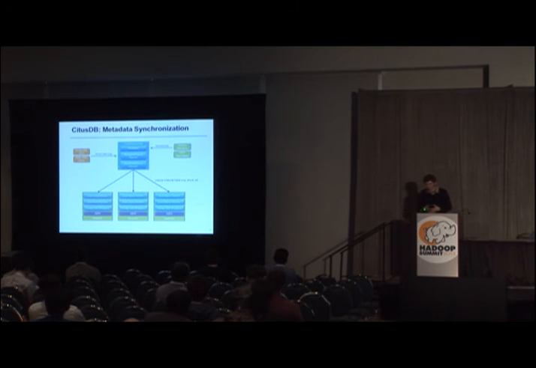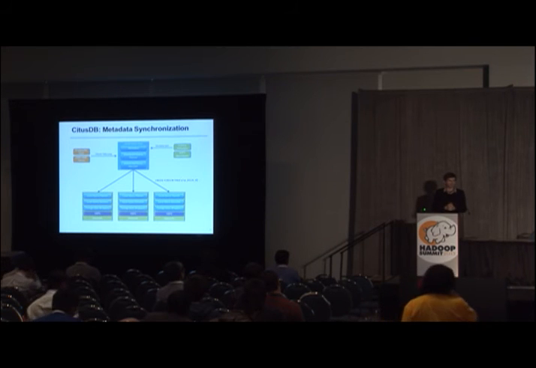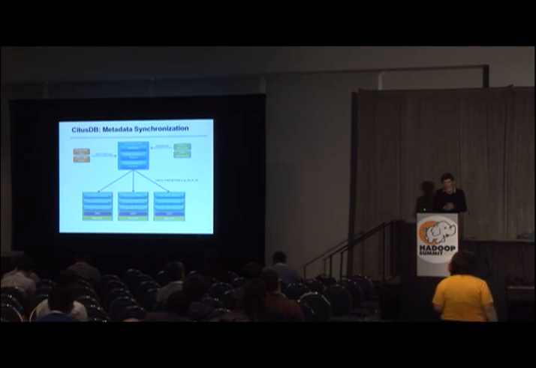So for every HDFS block in the underlying file system, we take advantage of a feature that was recently introduced in PostgreSQL called foreign data wrappers. I don't know if some of you are familiar with Hive. Hive has a pluggable API called SerDes, which are basically the pluggable storage format layer. And foreign data wrappers are PostgreSQL's equivalent of that, except they also support some features in addition to what you find in SerDes, like the ability to push filters down to the underlying storage layer, which is a pretty significant benefit.